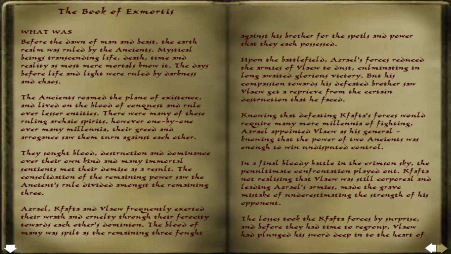Knowing that defeating Kfafta's forces would require millennia of fighting, Azrael appointed Vley as his general, knowing that the power of 2 ancients was enough to win undisputed control. In a final bloody battle in the crimson sky, the penultimate confrontation played out. Kfafta, not realizing that Vley was still corporeal and leading Azrael's armies, made the grave mistake of underestimating the strength of his opponent. The losses took the Kfafta forces by surprise, and before they had time to regroup, Vley had